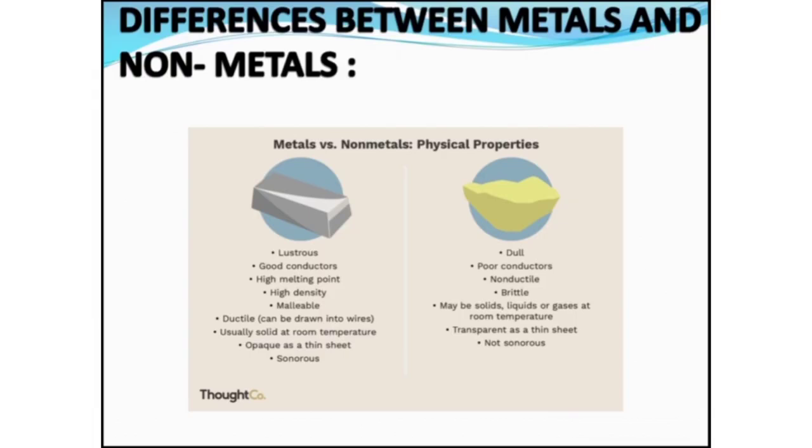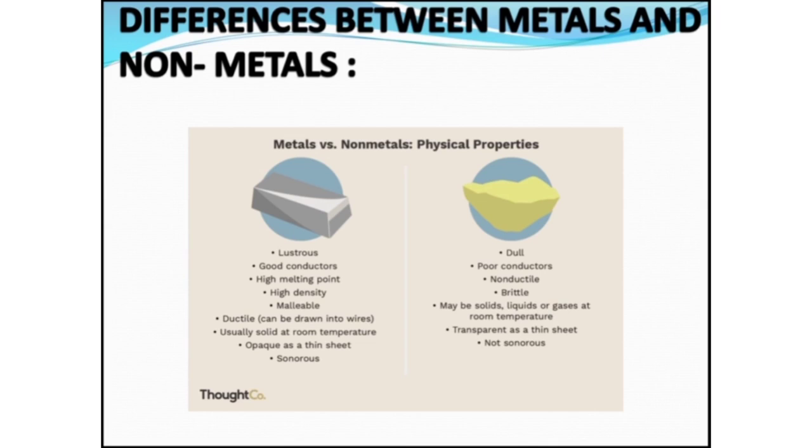They have another property known as malleability. Malleability means that if a metal is beaten with a hammer, it forms a thin sheet and changes its shape into a thin foil, for example iron and aluminium foil. Another one is ductility. Ductility means the ability to be drawn into a thin wire. Mostly metals are solids at room temperature, and they have a property of being sonorous. Sonorous means it produces sound.